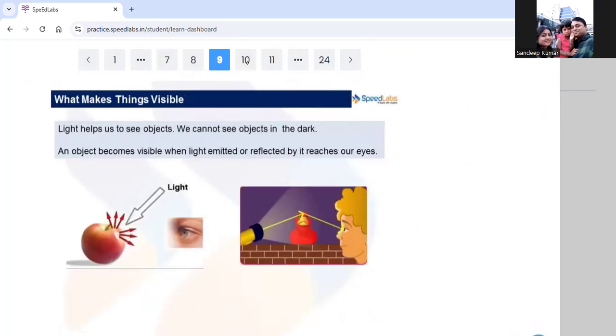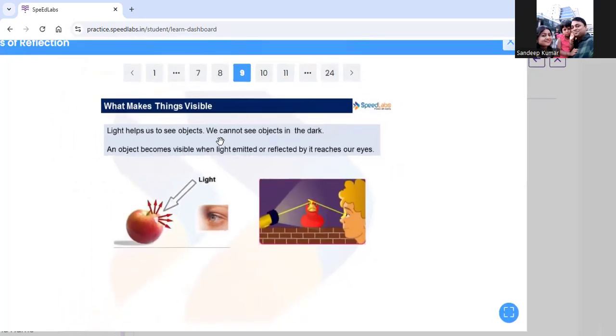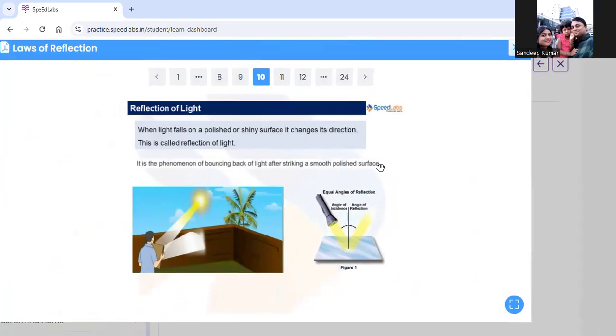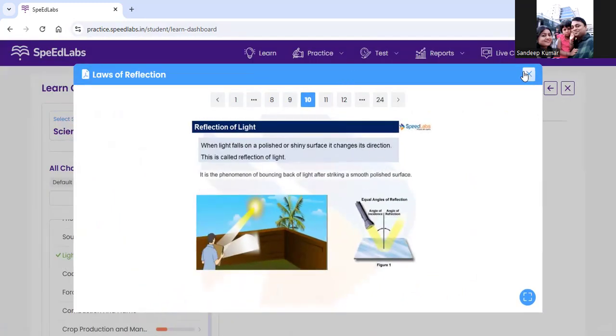Okay, children. Next, we are going to see the same concept, it is repeating. Next is